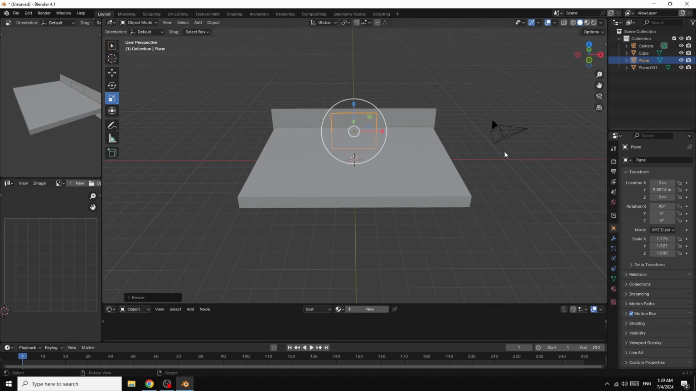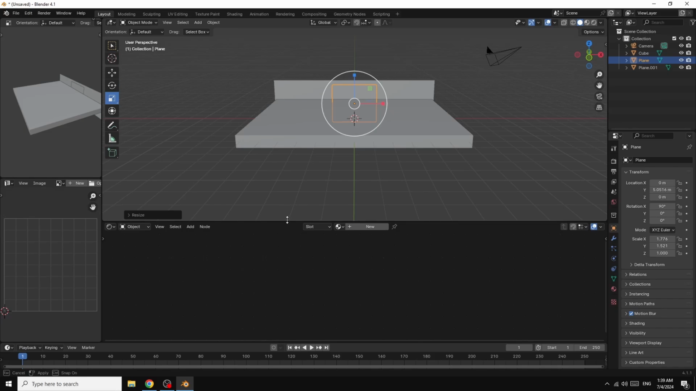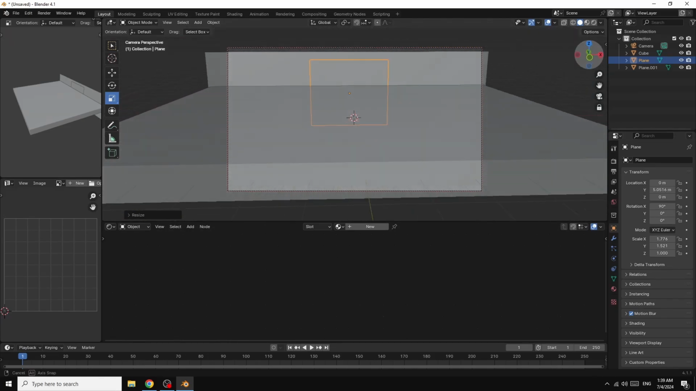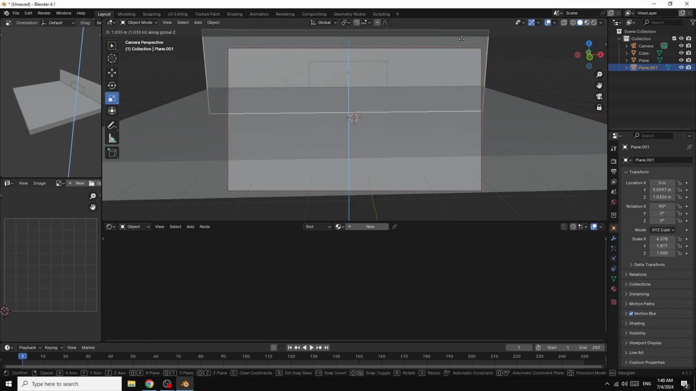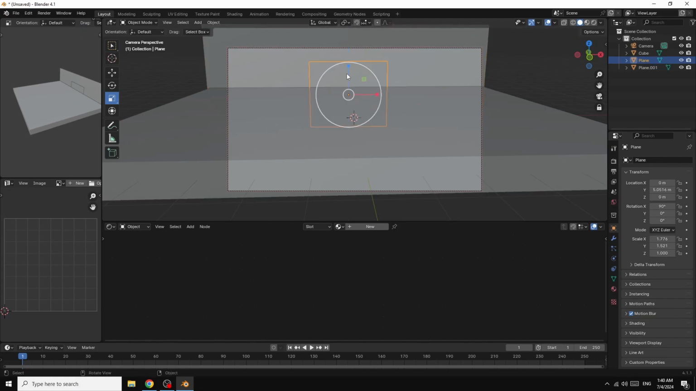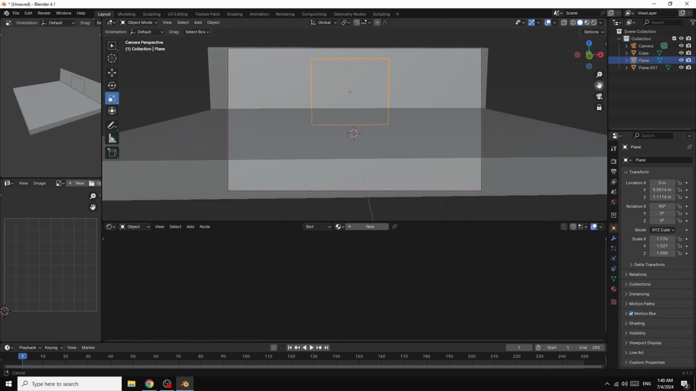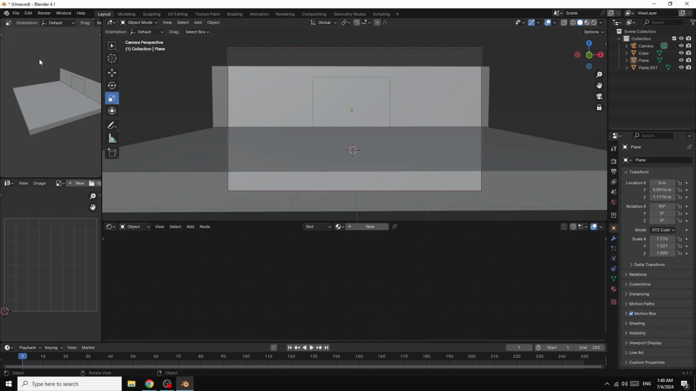Just a little. Okay. Now I select the camera to see how it looks. So G, Z, up. G, Z, up to. I go here,